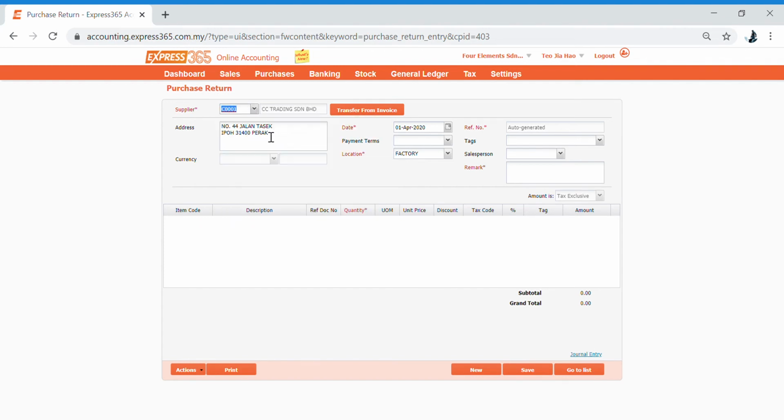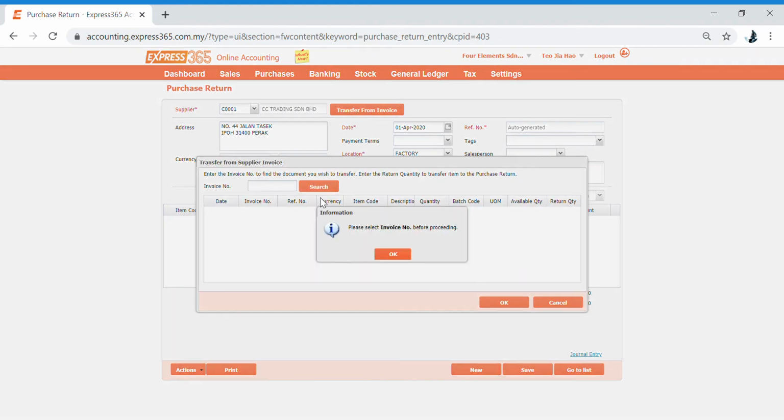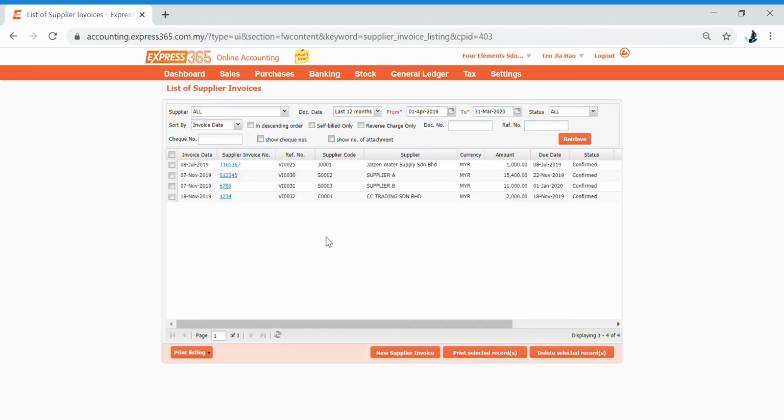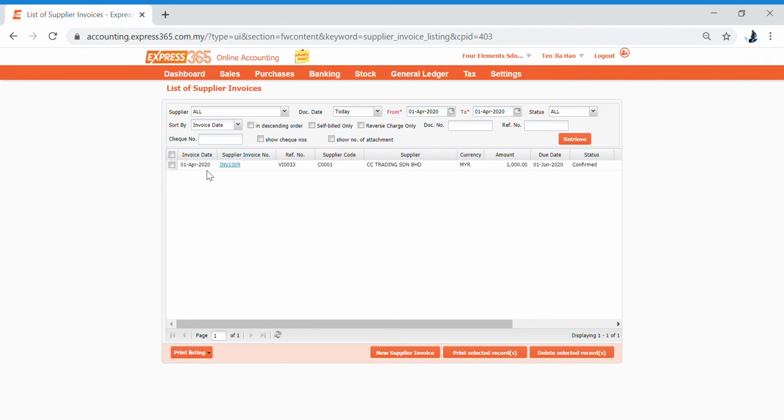Alright, and then you choose your supplier and you can transfer your invoice over. So what is the invoice number? You will always have to go and look for what is the invoice number. So in this case, my invoice number, the one that I created just now, is INV1009. So I just go to purchases, go to purchase return,